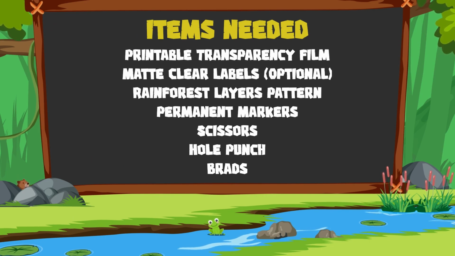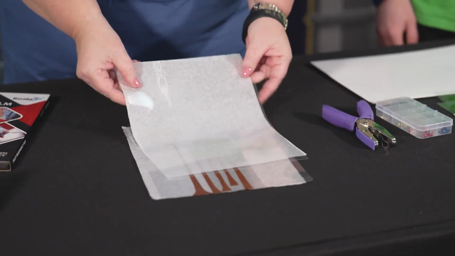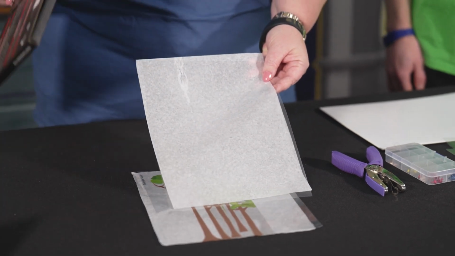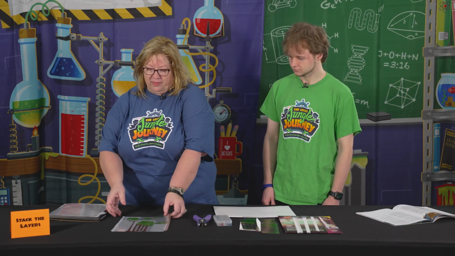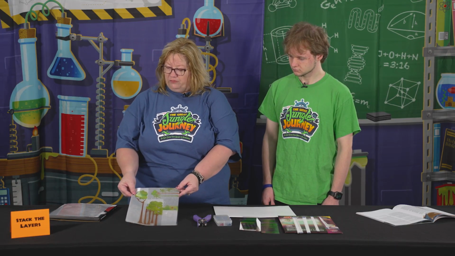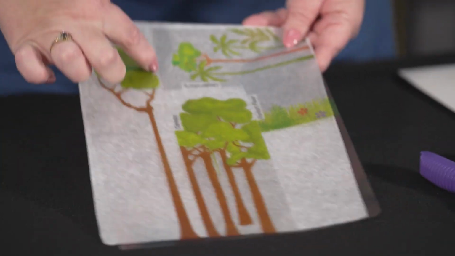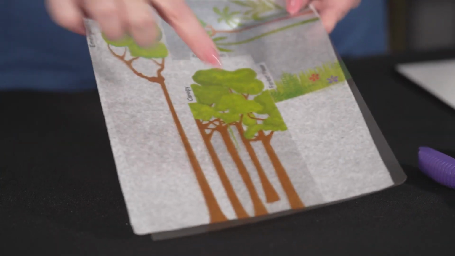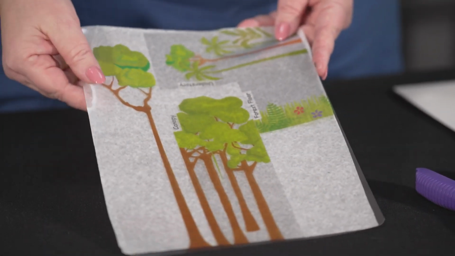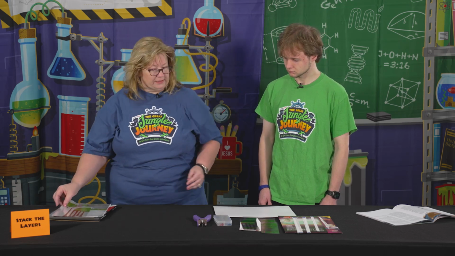And the way that we're going to do this is we're going to use some transparency film that is printable. So it's just going to be plain like this, but usually there is one side that they want you to print on. So make sure you follow the directions on your box, and you're going to print from the template that is in your VBS kit. And then once you've done that, you're going to cut between each of these 1, 2, 3, 4 things, and then this down here, that's just waste. We did not need that piece.